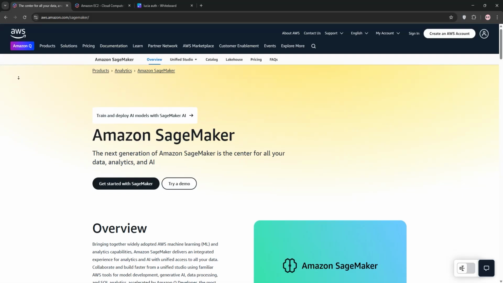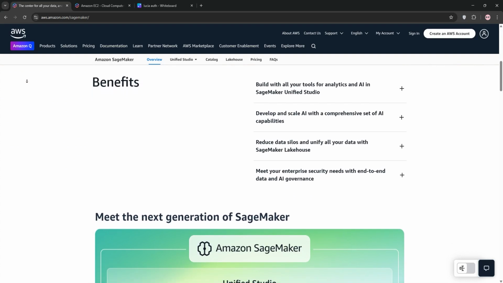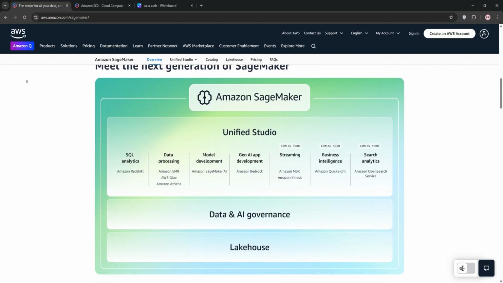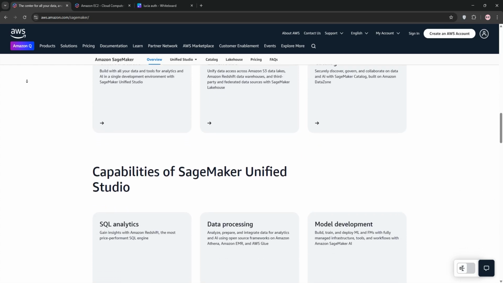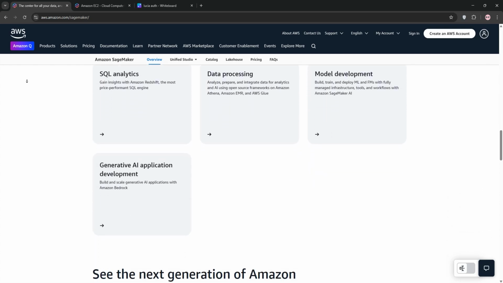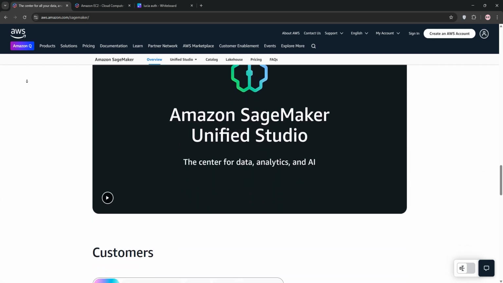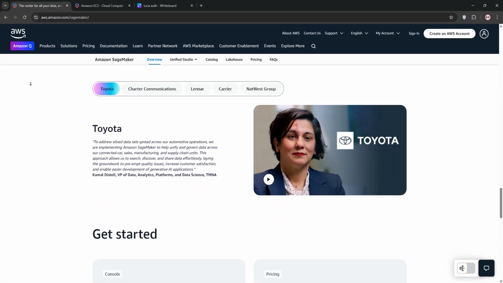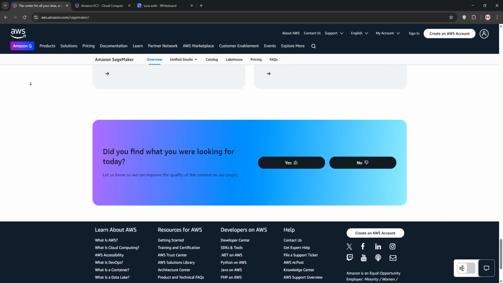Hey everyone, today we're diving into Amazon SageMaker versus Amazon EC2 to help you pick the right AWS tool for your machine learning projects. Let's break it down. First up, we have Amazon SageMaker. It's a fully managed platform for building, training, and deploying machine learning models. With SageMaker, you get Jupyter notebooks, pre-built algorithms, and tools like Autopilot for automated model building. It handles infrastructure, scaling, and deployment so you can focus on your models, perfect for data scientists who want a